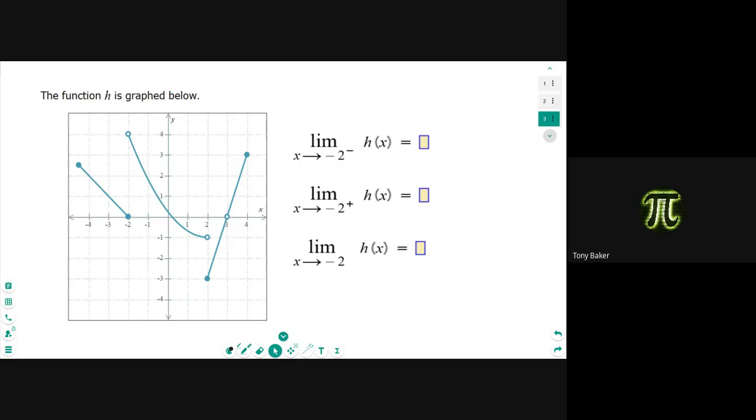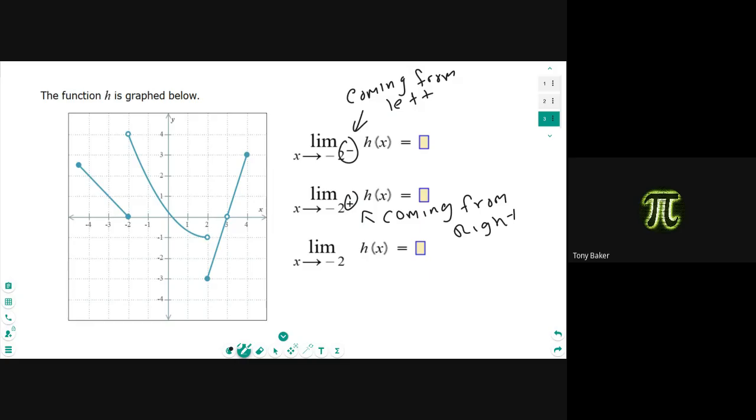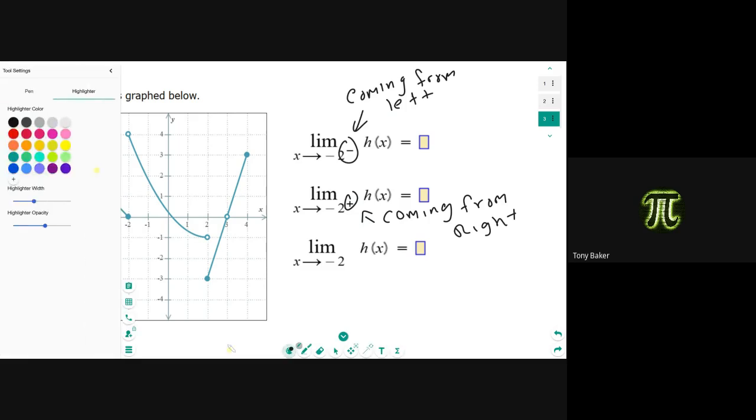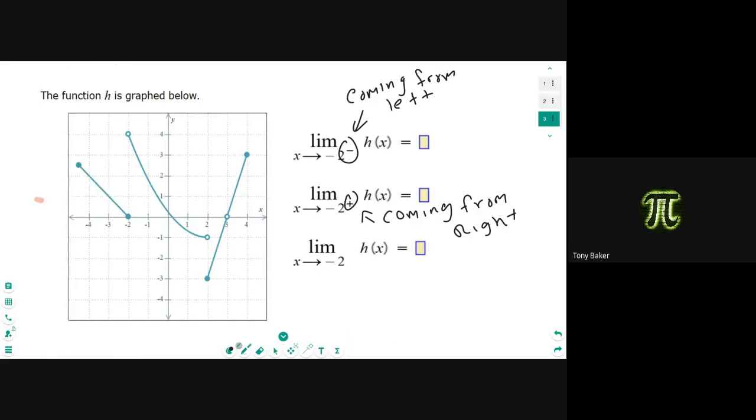All right. So let's look at the limit as x goes to -2. There's a little symbol next to it. Remember we were talking about how the limit has to exist going from both directions? There are some situations where we want to look at just going from one direction. That's what these little symbols mean. That is coming from the left. And that is coming from the right. That minus is when I'm looking at it going this direction toward -2. When I'm going in that direction